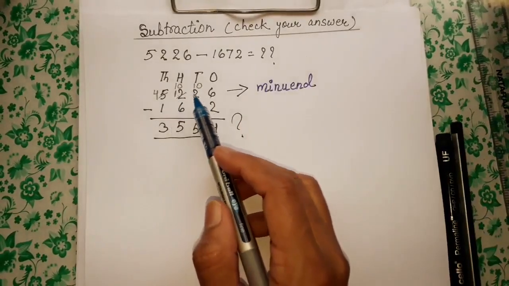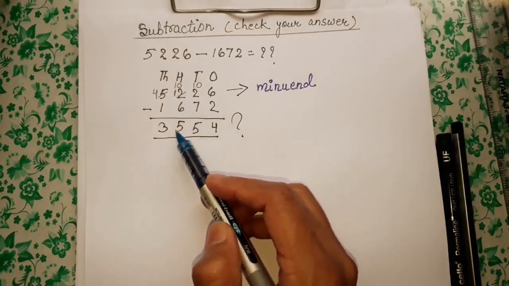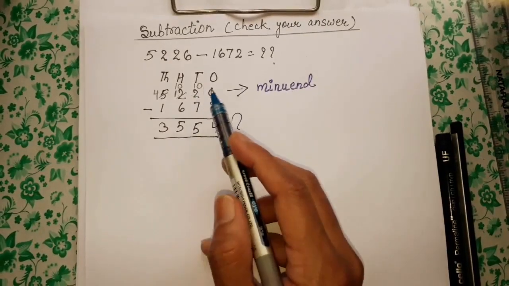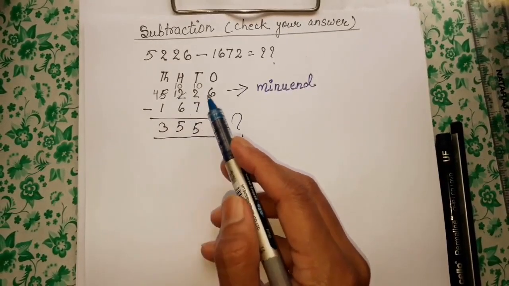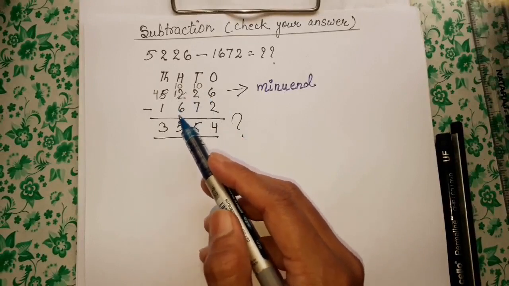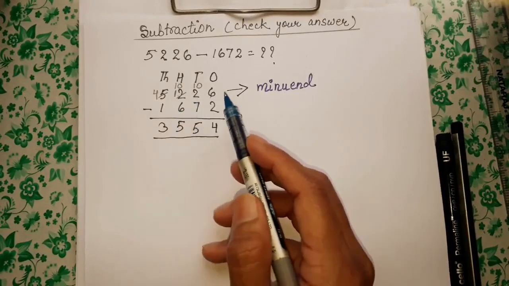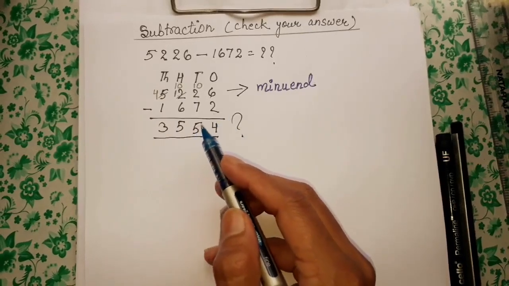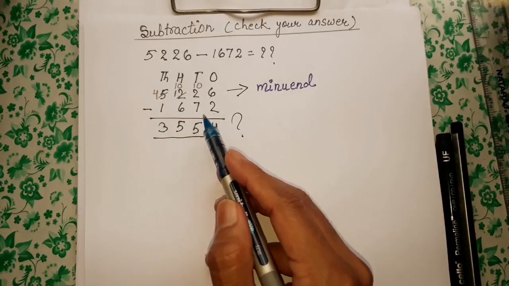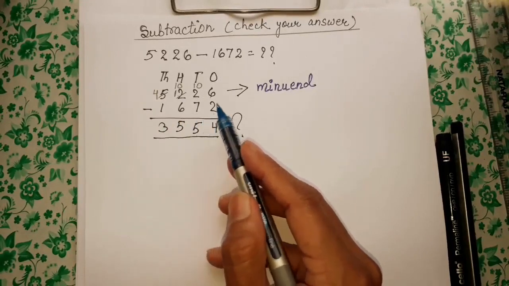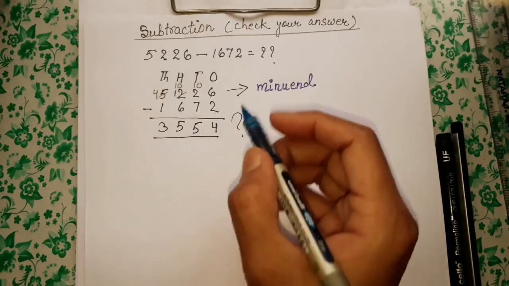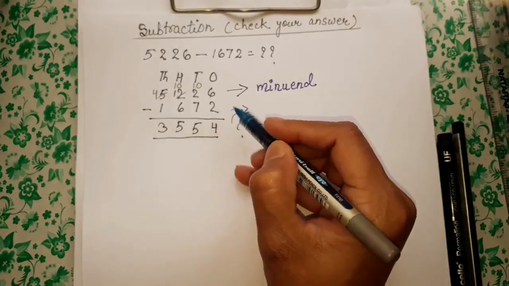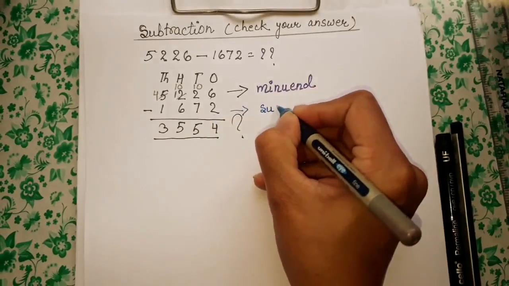Okay, the larger number from which smaller number is subtracted is called minuend. वैसा नंबर जो कि बड़ा होता है, जिससे कि हम छोटे वाले नंबर को घटाते हैं, उसे हम क्या कहते हैं? minuend. Next, the smaller number which is subtracted is called subtrahend. वह छोटा नंबर जिसको कि घटाया जाता है, उसे क्या कहते हैं हम? subtrahend.